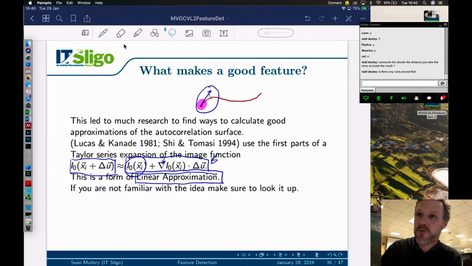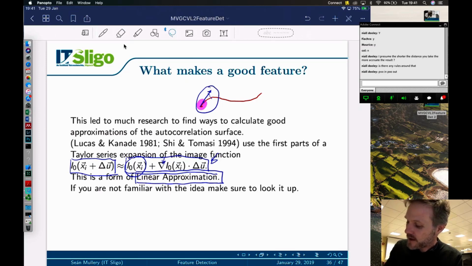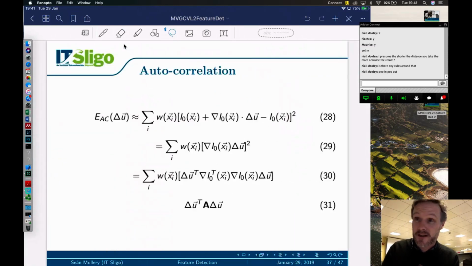So, for example, if you're going to be looking for particular things in automotive images, and you're going to be moving at certain speeds, you know, exactly, Niall. Yeah. So in other words, you have to decide how far you're going to go in order to try and get an idea of how far your movement is expected to be. So unfortunately, no hard and fast rules, and that's something you're going to have to get more and more used to at this level. We would have to do quite rigorous testing in order to be that bit more sure of ourselves. So when we square that out, what we end up with is a section in the middle here,